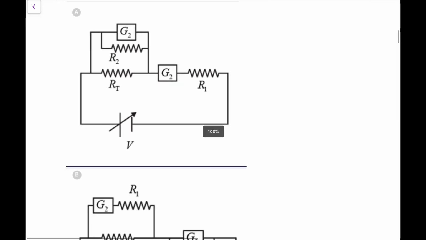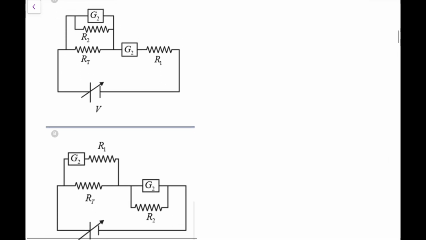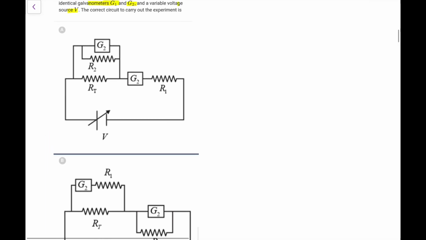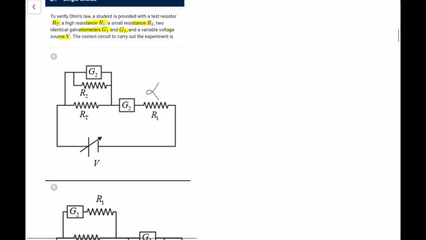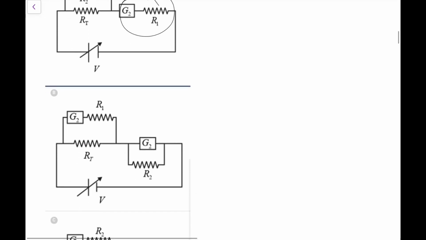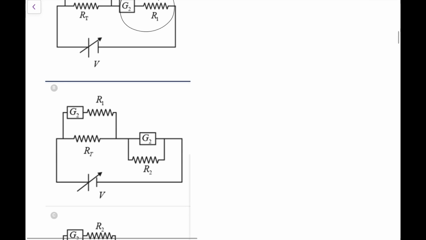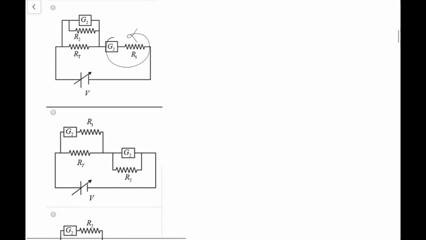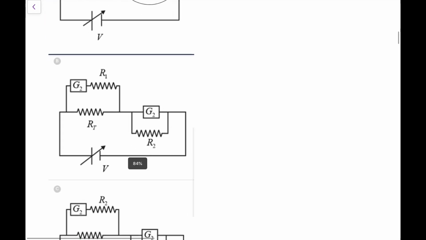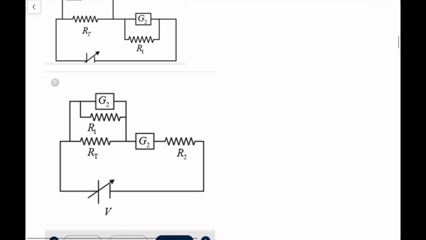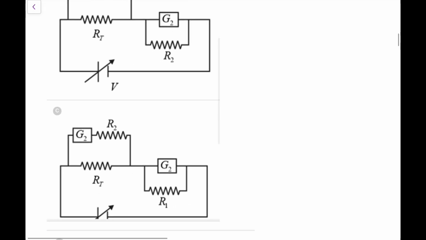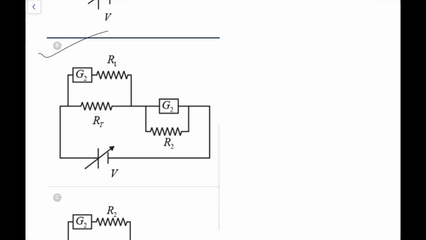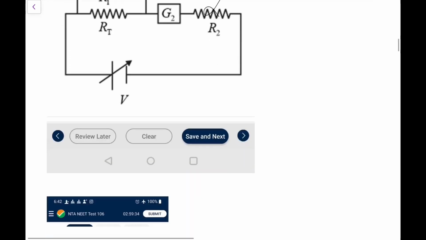So out of the given options, first of all we can make it out. The voltmeter is connected in parallel and that would be having something in series, so this is not the right one. This would be parallel because the ammeter is not like this. G2, G1, one must be G1, or both are G2. There is a printing error, let me check. Again there is the issue: the smaller one is R1 or R2, R2. The greater one won't be in parallel, so only option B is remaining. So another easy one, just observe it carefully.